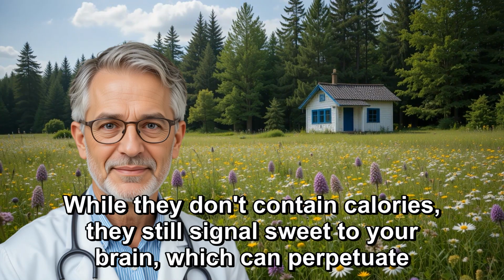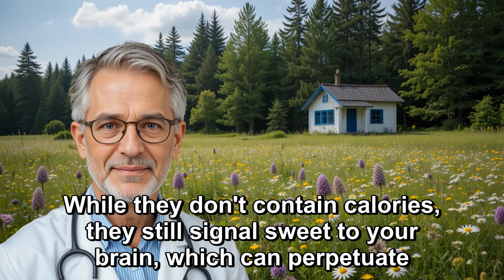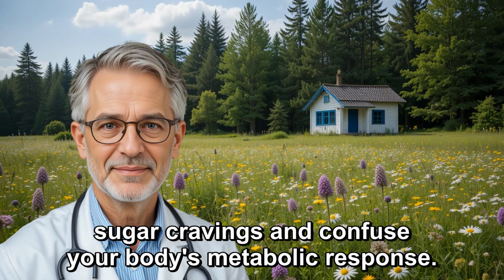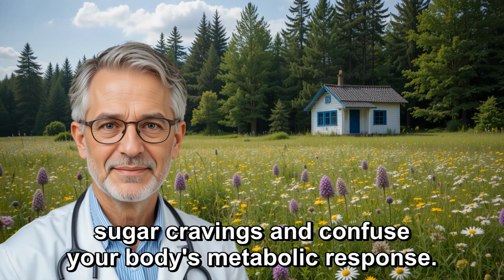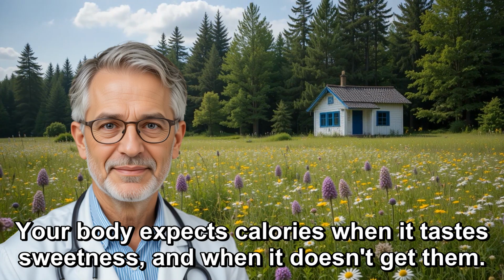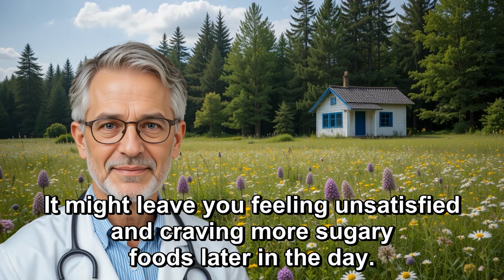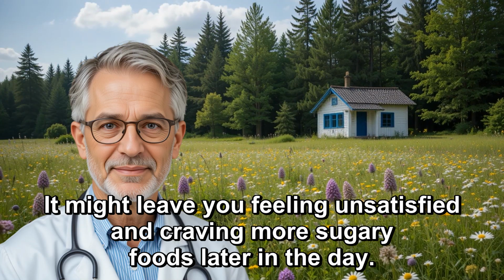While they don't contain calories, they still signal sweet to your brain, which can perpetuate sugar cravings and confuse your body's metabolic response. Your body expects calories when it tastes sweetness, and when it doesn't get them, it might leave you feeling unsatisfied and craving more sugary foods later in the day. Beyond that,